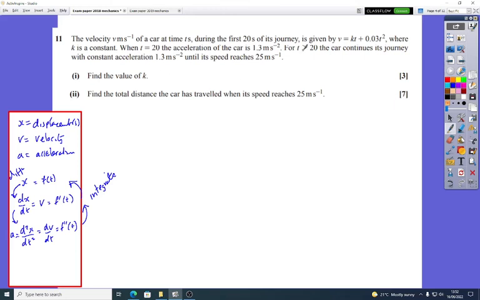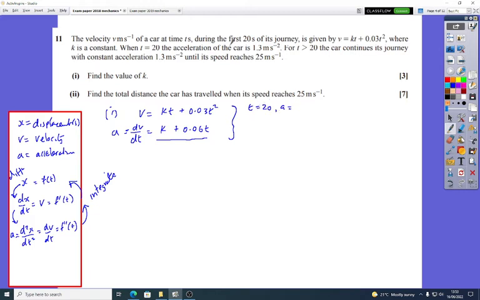So the first one you should have written down. I'll just quickly do the first one, then link up the second with you guys. So v equals kt, not ukt, kt squared. So dv/dt, which is acceleration, is going to be k plus 0.06t. And we know that this acceleration, when t equals 20,